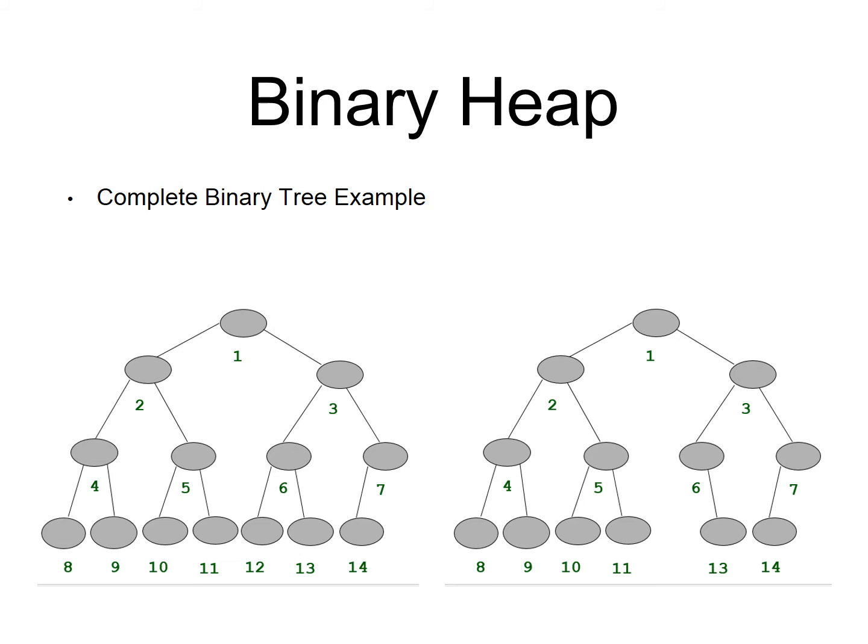So I am referring to the left side image. Now, coming to the right side image, you can see it is not a complete tree. Why, sir? As you can see, 1, 2, 3, 4, 5, up to 5, all the nodes are created properly. But for 6, before creating the left child I have created the right child, which is a wrong creation, because the 12th node which is to be created is not created and the 13th node is created. Hence the right side image is not a complete binary tree. Don't worry, you will have an example in the upcoming slides, and you will clearly understand how the tree is created.